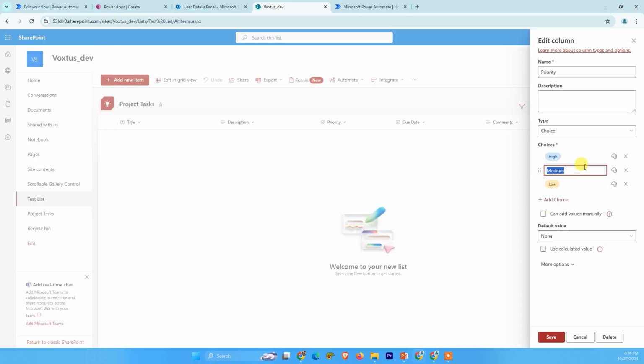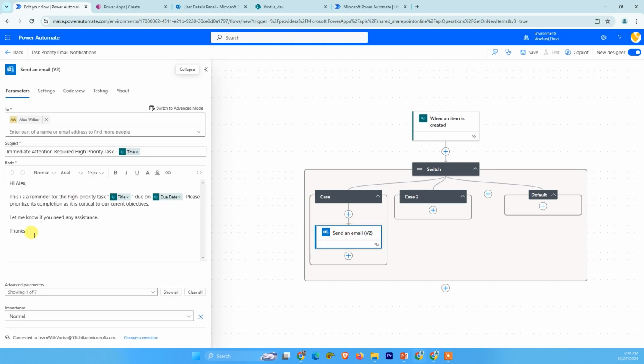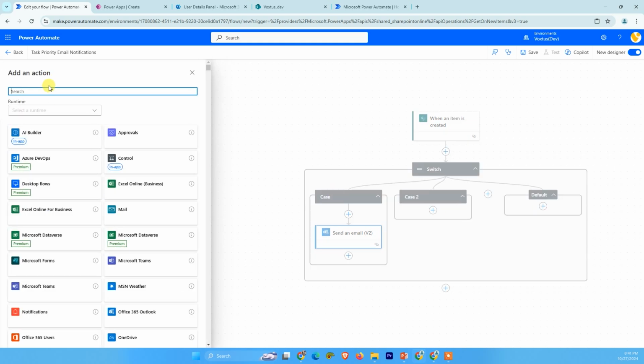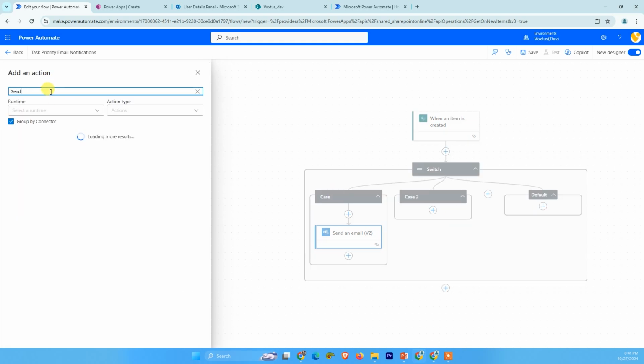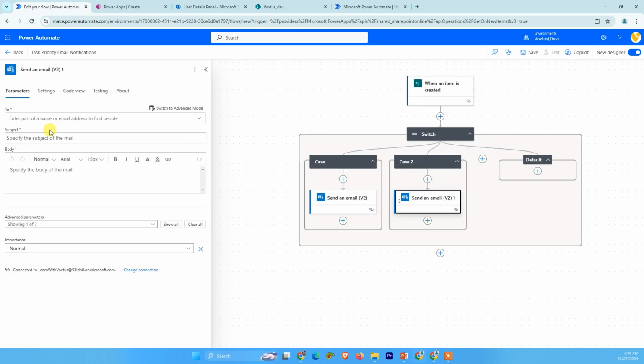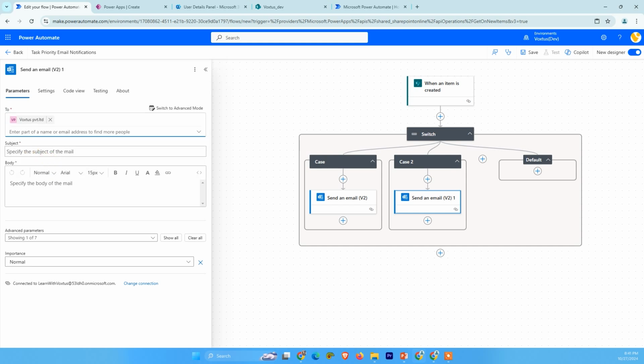Similarly, what we can do is add a case for medium also, medium priority. Let's go back and just copy the medium, and if it is the medium case, then what we are going to do is copy this email and add an action and send email again, and we are going to send the email to Voxters, right? And the subject is going to be reminder